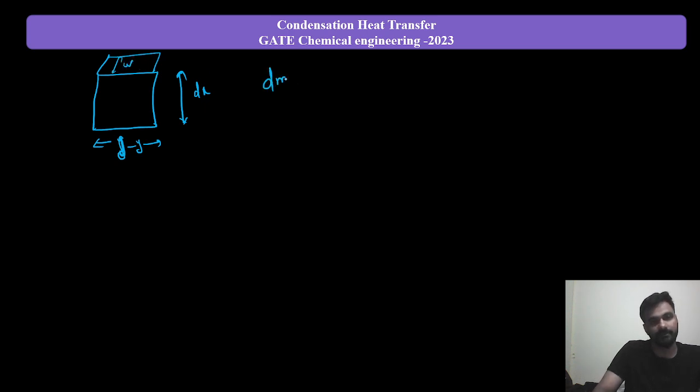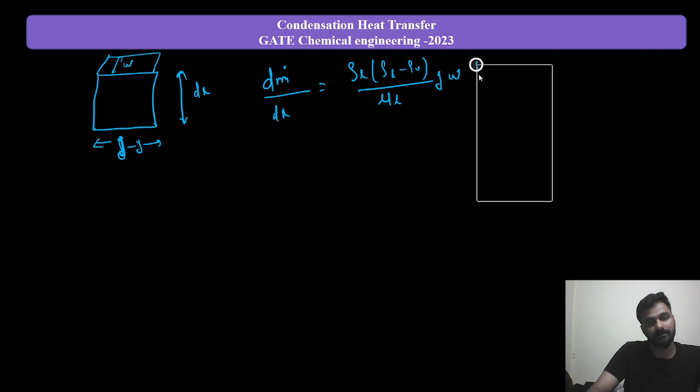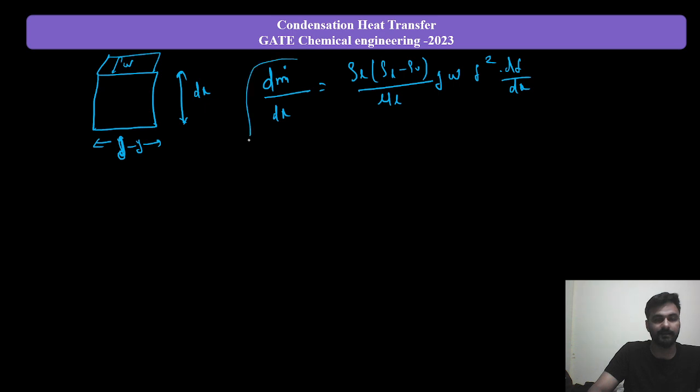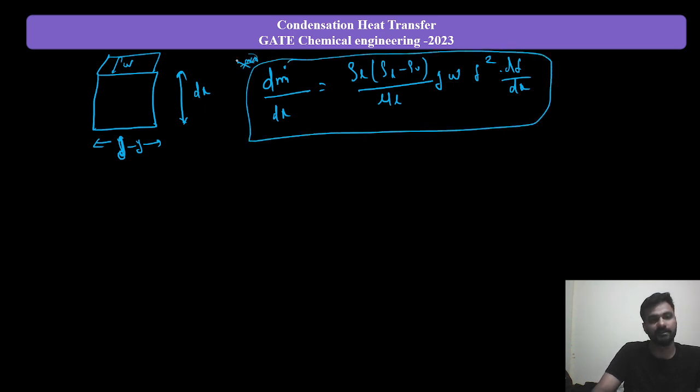So we can calculate dm dot by dx, right? So that is equals to rho L minus rho V upon mu L GW, and that is equals to del square d del by dx, right? So you can also calculate variations of mass flow rate